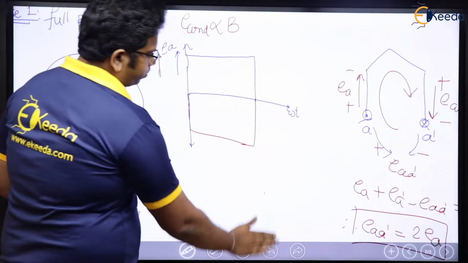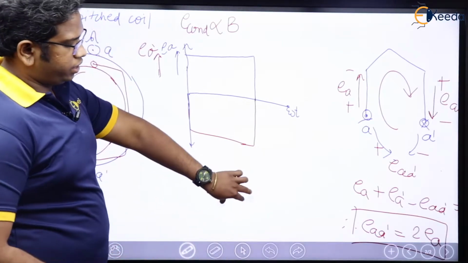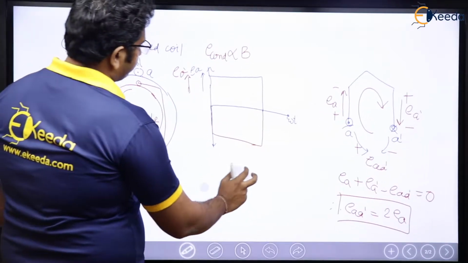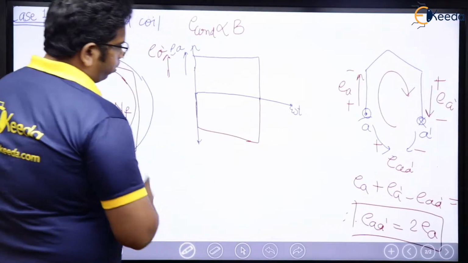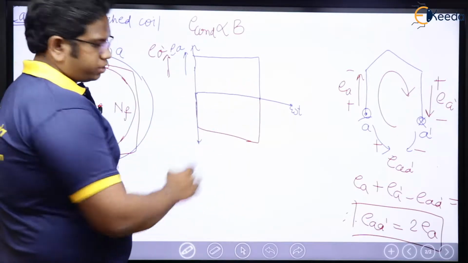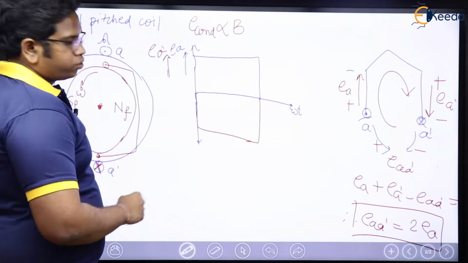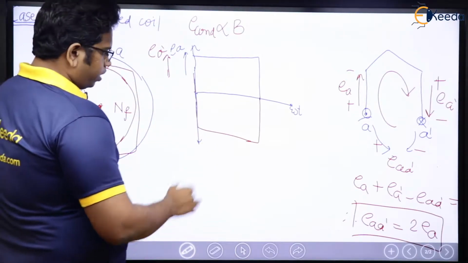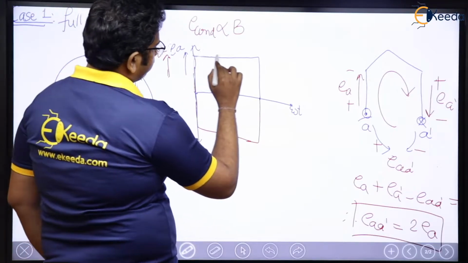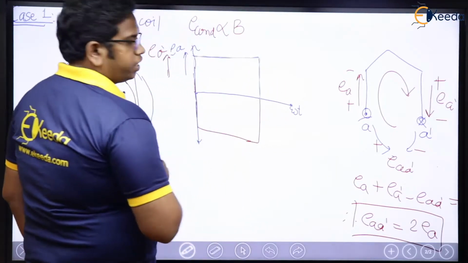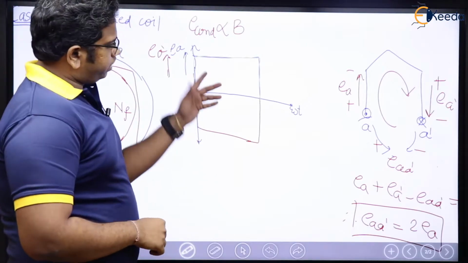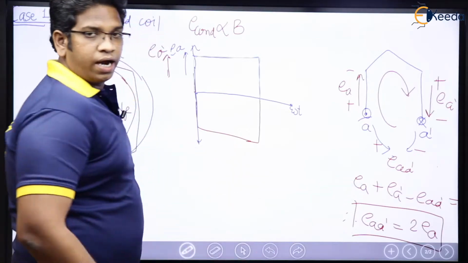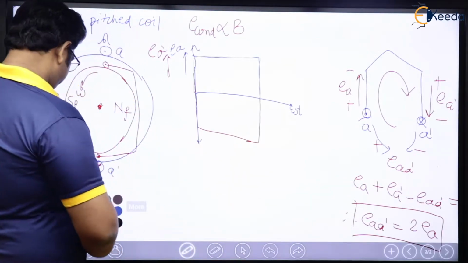Anyway, see here. So, what is going to happen here? See, EA dash is equal to 2 times EA. 2 times EA in the sense C. Very simple. Means what? This EA dash which is there, it is going to flip. So, if I flip this EA dash, it will go this way. This is going to be EA dash. Flipped version. If EA dash is flipped, these two will get added at every instant, right? Added at every instant, which means,